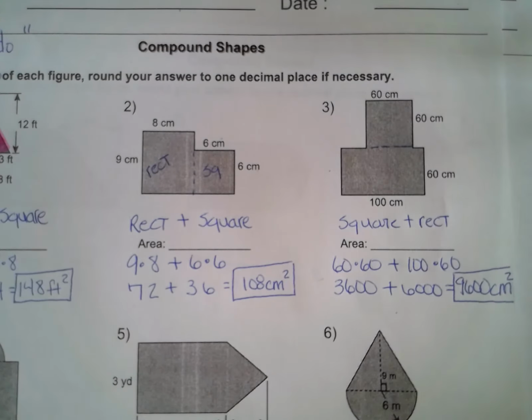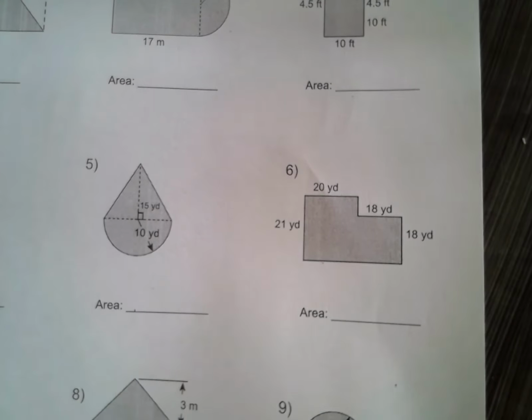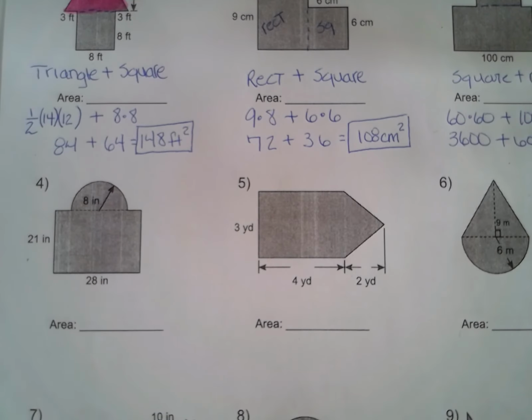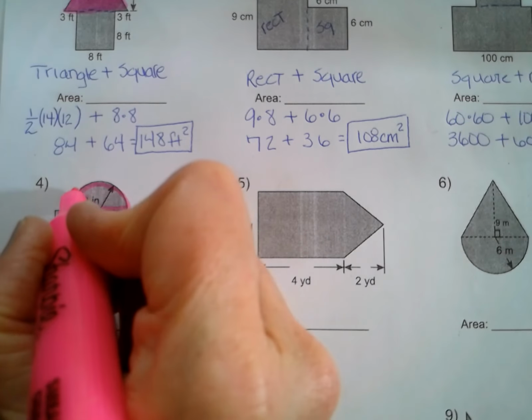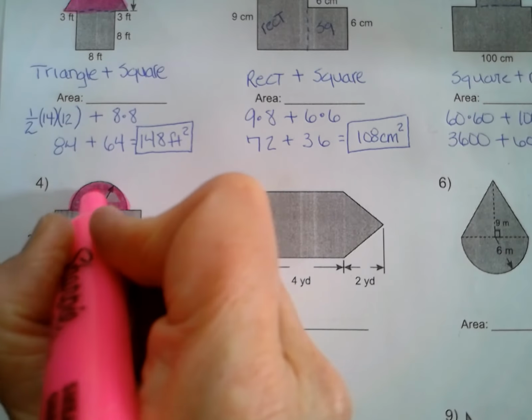All right. Now, if you'll flip over to the you-do side, do number 6. Pause the video and then come back. Okay, back to the we do. Number 4. Okay, just a bit more challenging because number 4 actually has a semicircle in it